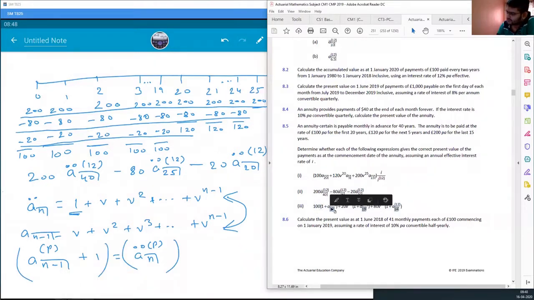You can see for the first 40 years they are saying this, and then 20 years, and then 15 years. Anyways, here it should not be minus and minus, it should be minus and minus as was done here, and here it should be 200, whatever. Anyways, this is not correct. This should not be payable p times. This is wrong. So only the second one is correct.